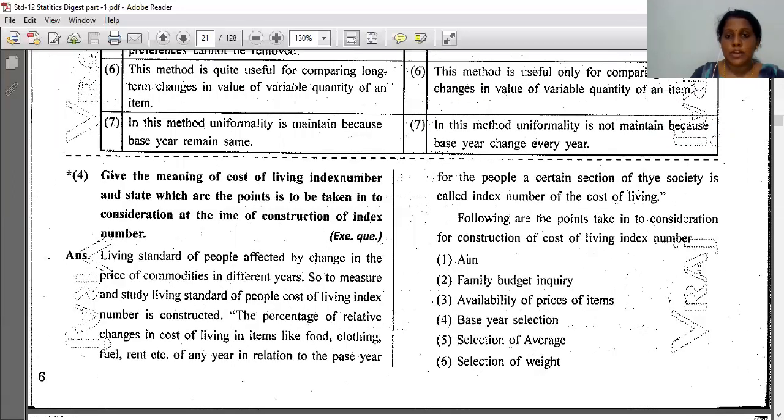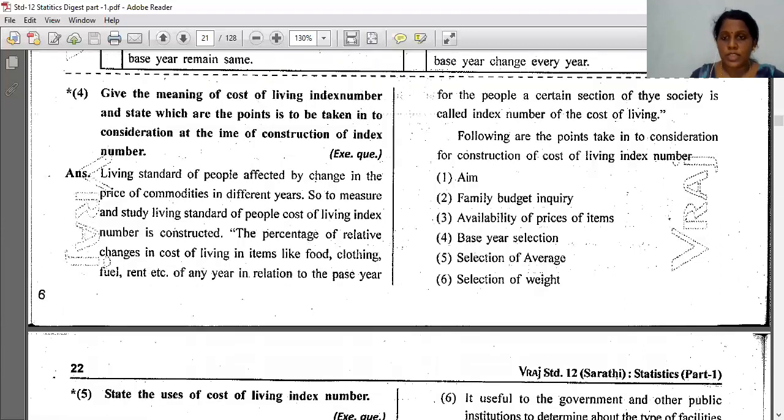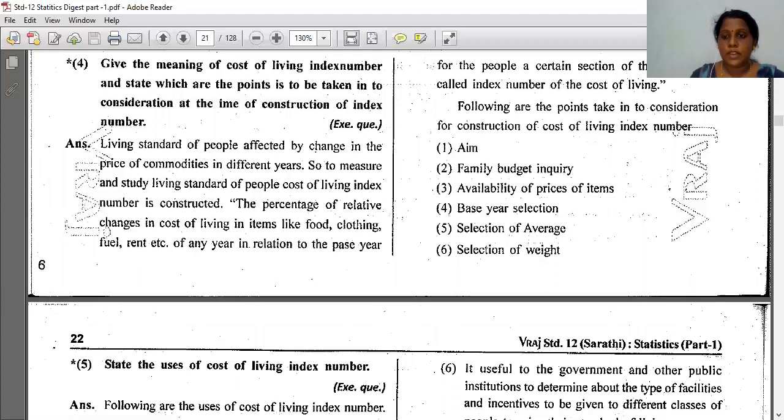for the people. A certain section of the society is called the index number of the cost of living. Then the following are the points to be considered for construction of cost of living index number: aim, family budget inquiry, availability of prices of items, base year selection, selection of average, selection of weight. So these are the following points, right? Now next,